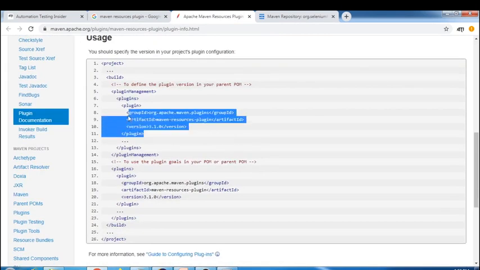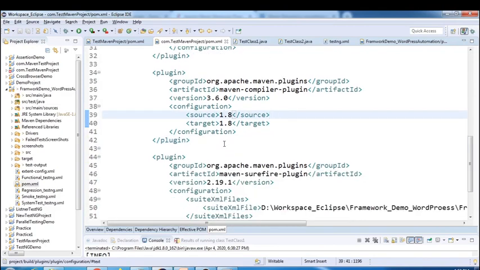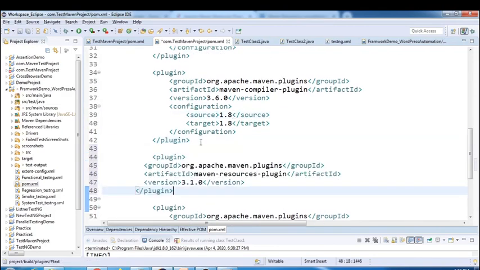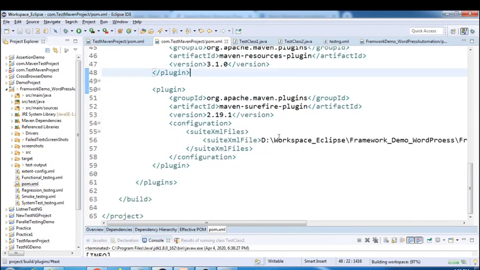So this is how you can set up the Maven resources plugin, and yeah, the compiler plugin. Here you can copy paste the resources plugin, and here we have inside this plugin,